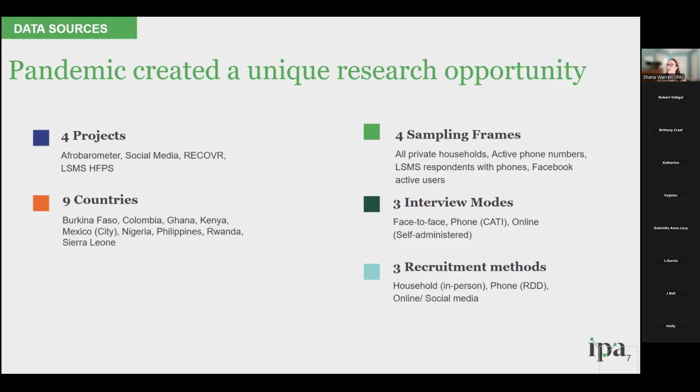There are 4 different projects that we look at. The Afrobarometer, which is a public opinion survey asked every few years across most, but certainly not all, sub-Saharan African countries. We use a social media project that was via Facebook. We used IPA's own, we called it Recover surveys, rapid COVID response surveys. Those were conducted via RDD. And then we used Living Standards Measurement surveys. They ran a high frequency panel survey. I'll get into that more in a minute,